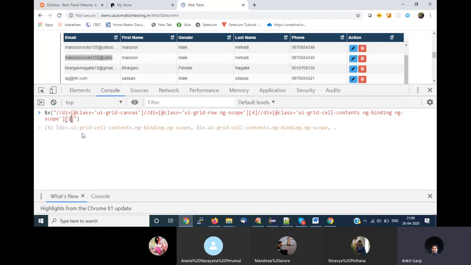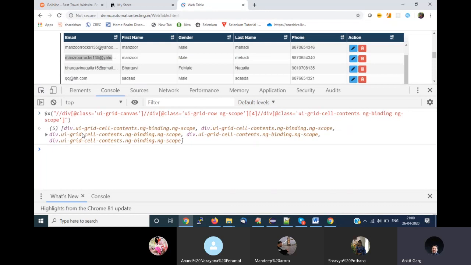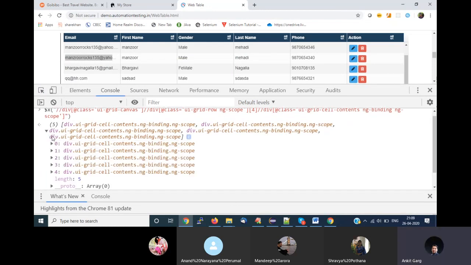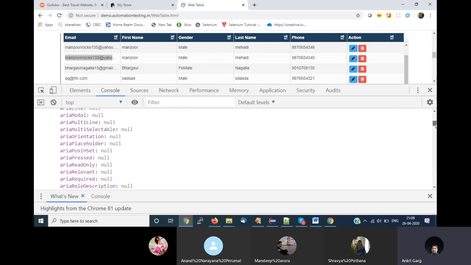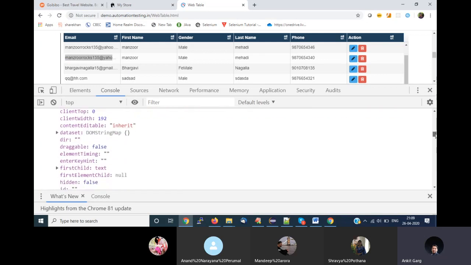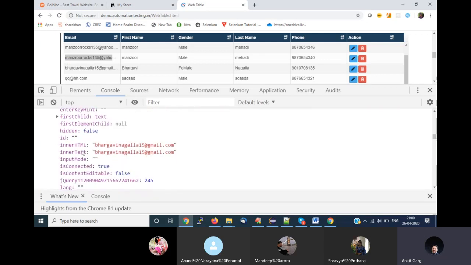I can get that particular column, or if you want to work on all the columns, then you have to use find elements. Getting the value for each and every cell is the same. You have to expand it, find in which particular object or variable your value is stored, and fetch that value and print it.